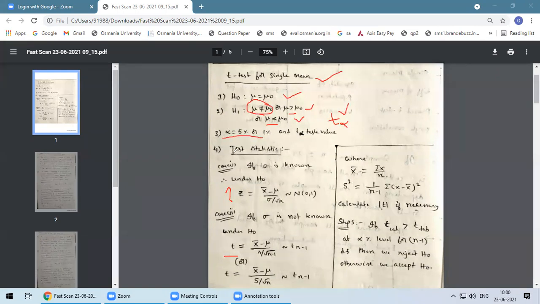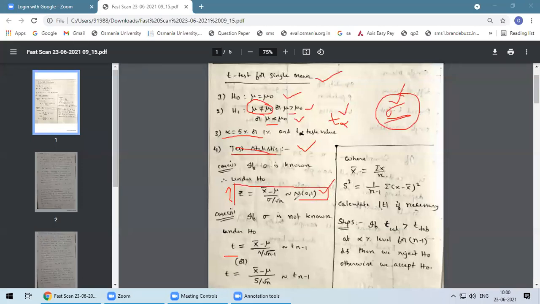Okay. And now the formula, step number 4 is the formula. So formula is important, test statistic. But here there are two cases. Even if it is a small sample, if the sigma value is given to you, that is, n value is less than 30 but in that particular problem the sample standard deviation is not given and the population standard deviation is given to you, then you will apply only large sample test. That means whenever a problem is given, even if it is a small sample, if sigma value is given, that means population standard deviation is given, you will apply only the large sample test. So all of you know the large sample test formula already.